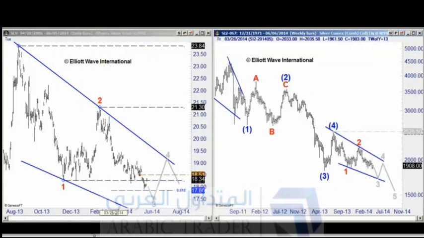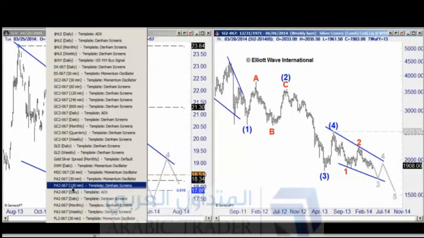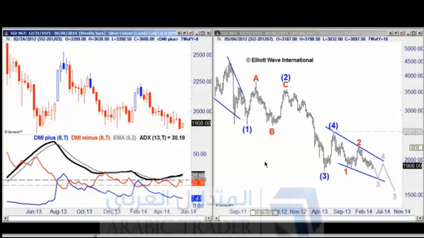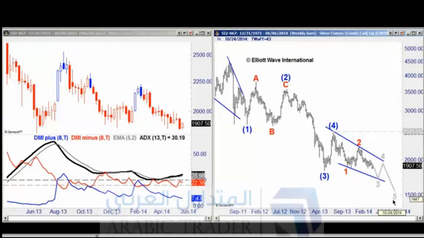There's the weekly chart for silver. And let me bring back the ADX chart. Here you can see that I'm counting from that peak back in 2011, a leading diagonal wave 1 down, an ABC rally in 2, then wave 3 and 4, and I'm counting silver is developing an ending diagonal wave 5